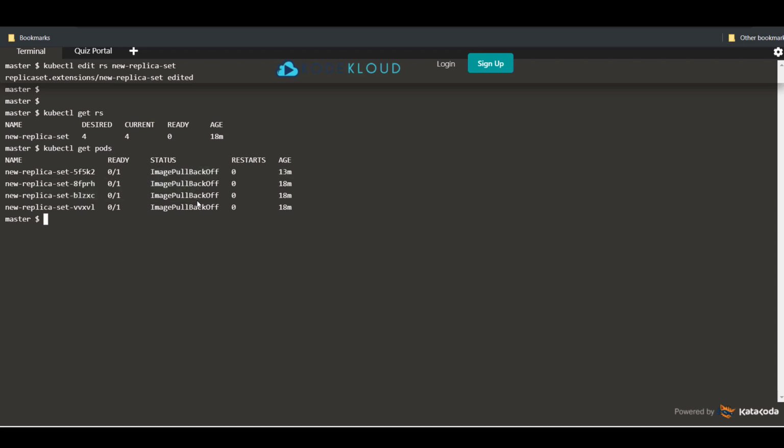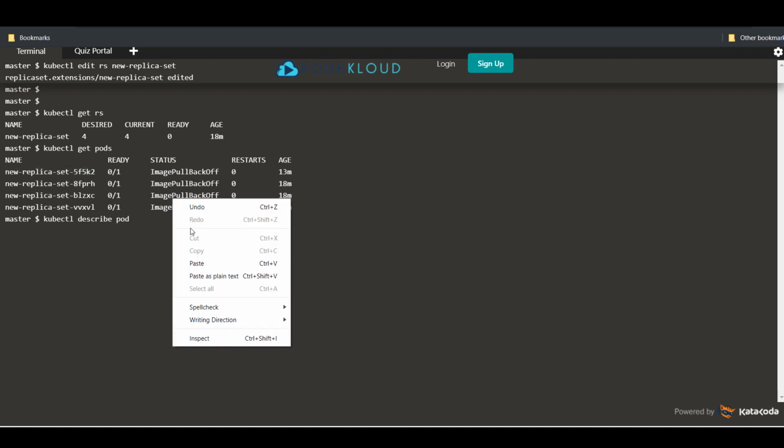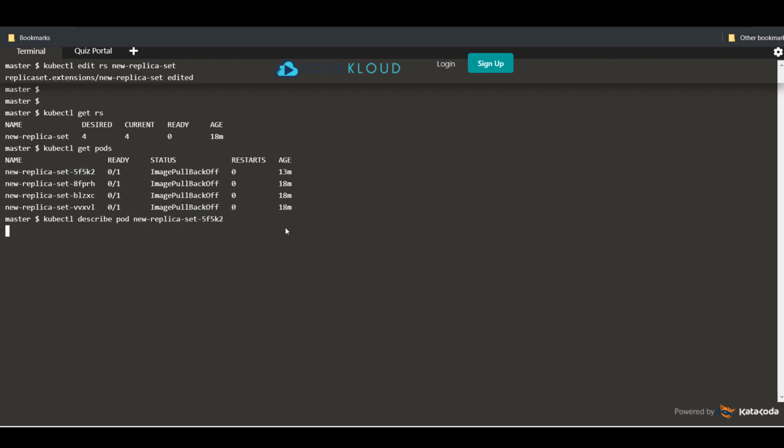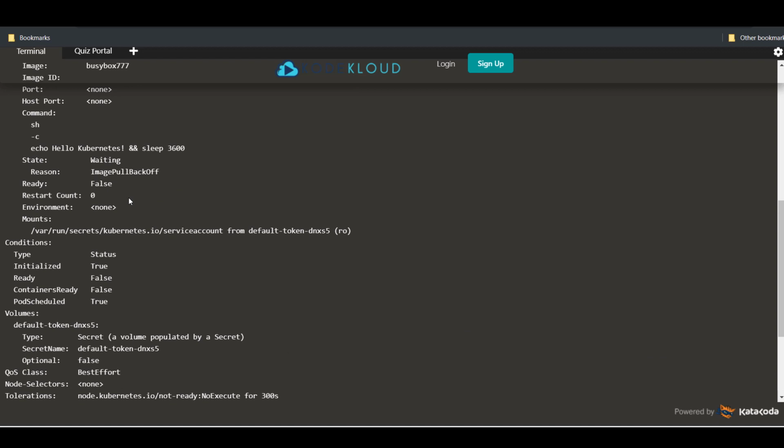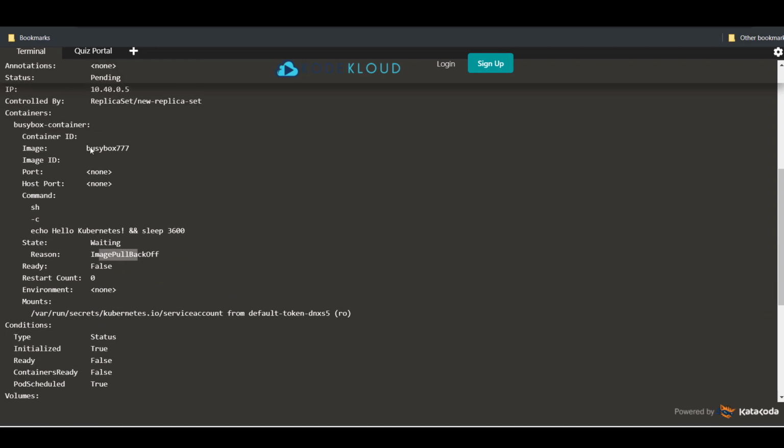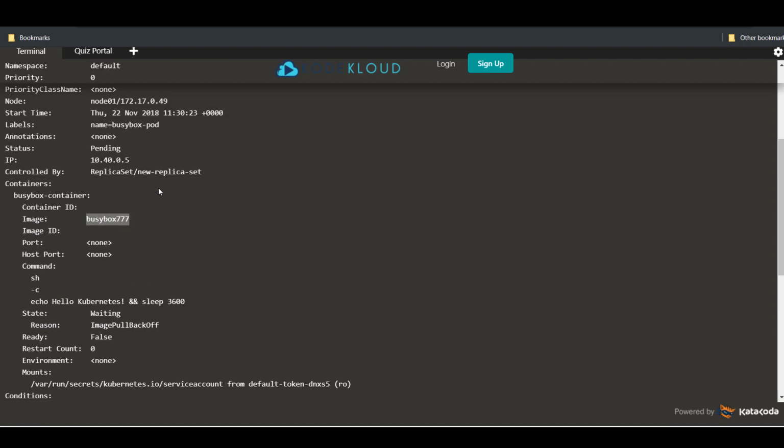If you further look at one of the pods in detail, let's say the first one, you see that it's still in the image pull back off state, and it's still using the old image, which was busybox 777, but we actually updated